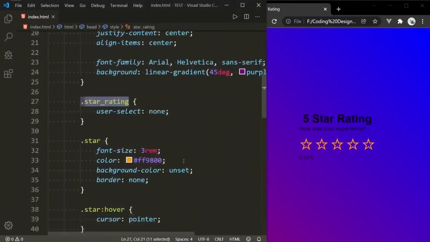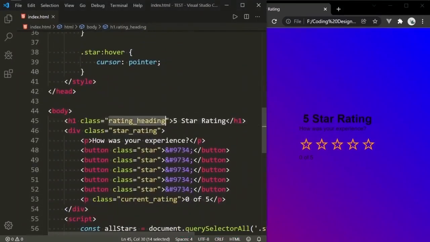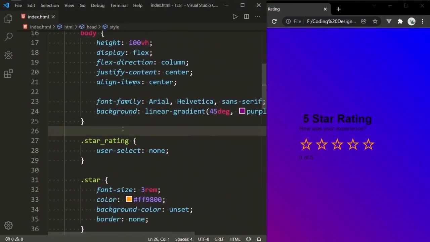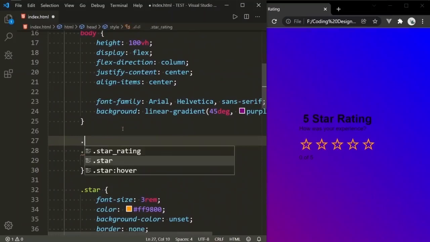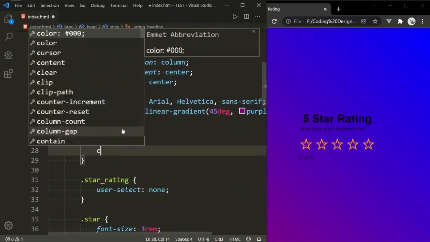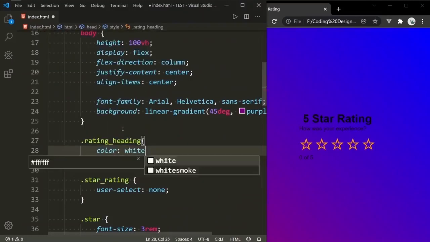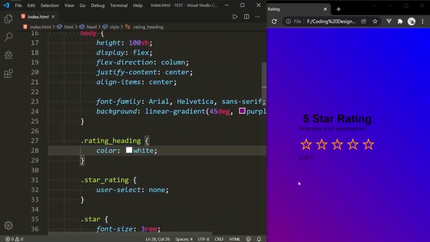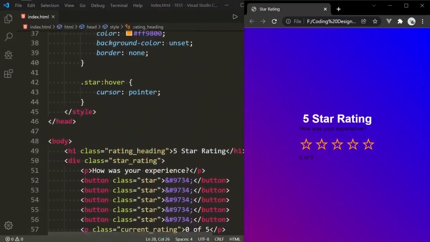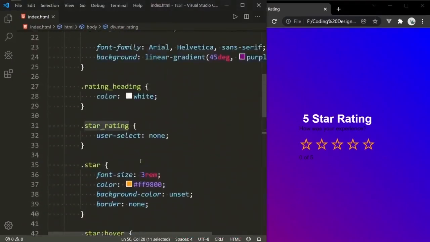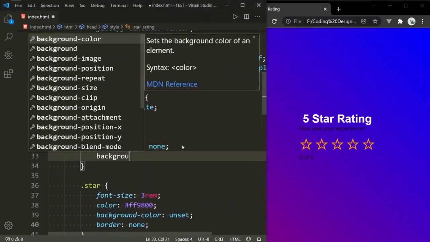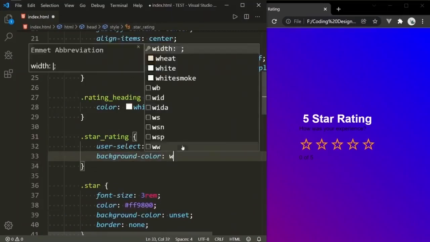Now let's change the rating heading's color. Dot rating-heading, I'm giving color white. If you go back to the browser, refresh, now it's looking much better. Now let's style the star rating. For the star rating, I'm giving background color white.